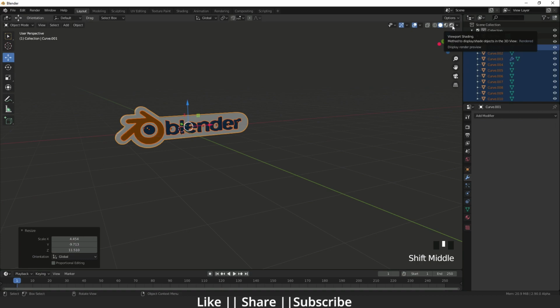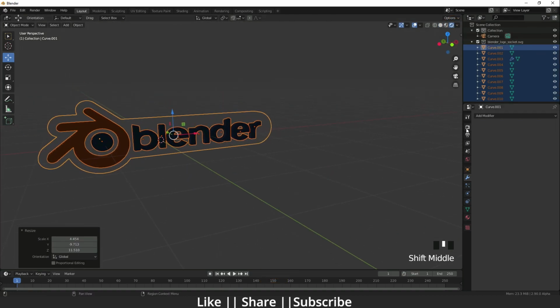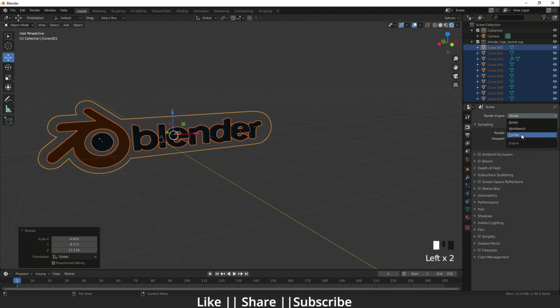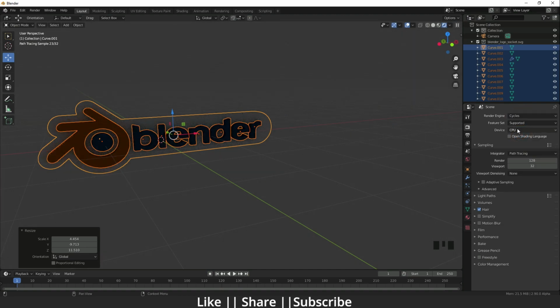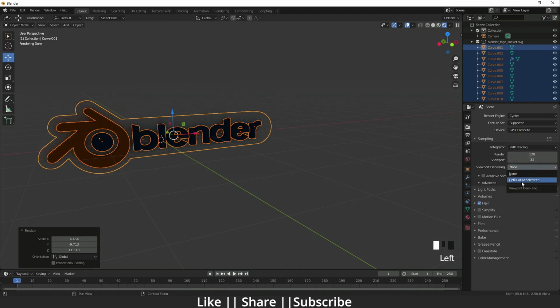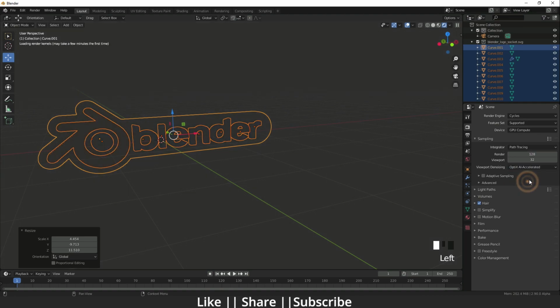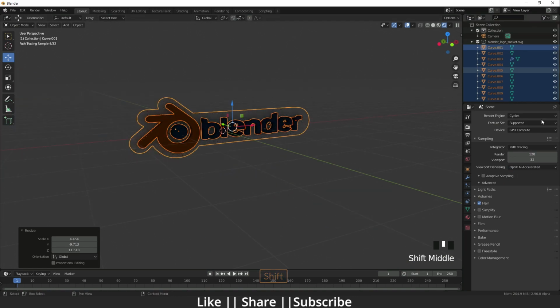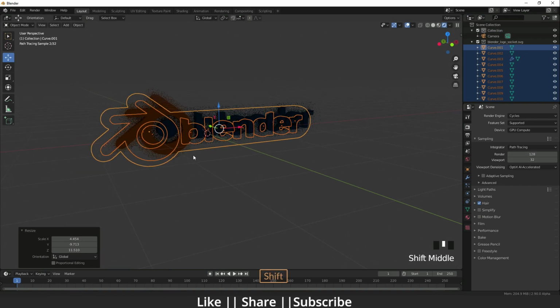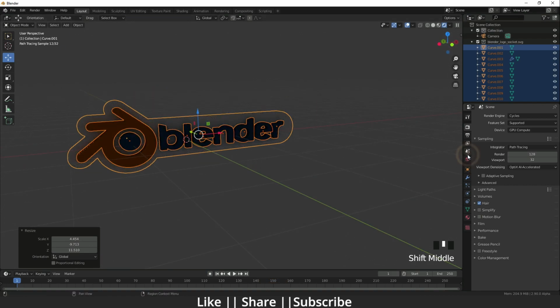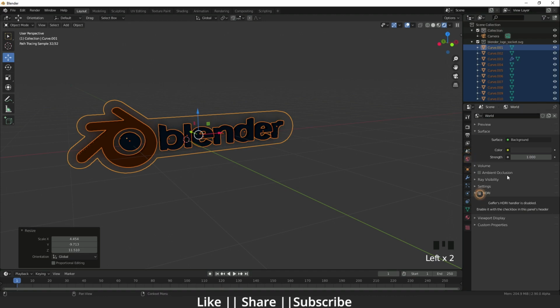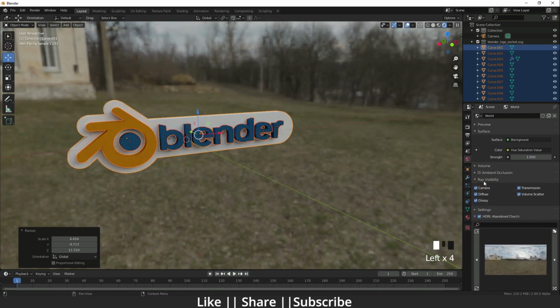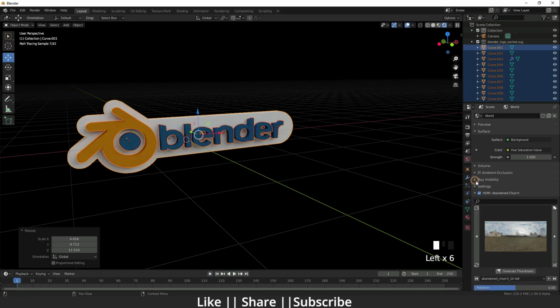And I switch the rendering mode and go to the render engine. I will change the render engine to Cycles, and for device I will choose my GPU, and here in the viewport denoising I will set the OptiX AI accelerator, which is a new feature of Blender 2.83. Okay, and it's working good. So now I'm going to add one HDRI. So I go here and enable the HDRI and change the ray visibility, switch off the camera.